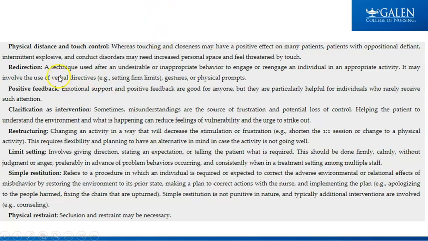Redirection, and this goes even for like our ADHD type kid, depending on what's going on. If there's an undesirable behavior, we can try to redirect them into an appropriate activity. If they're doing something good, right, give attention. These kids often don't receive positive feedback, so positive feedback can over time go a long way. Clarification, that kind of is making sure we know what the rules are, so there's no misunderstandings. If there's room for confusion and then there are consequences, that can cause someone to blow out. And that's true for most of us, even as adults.